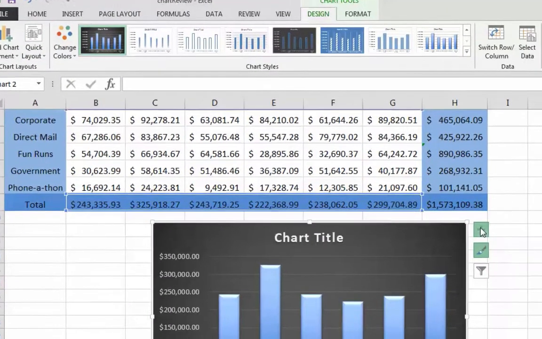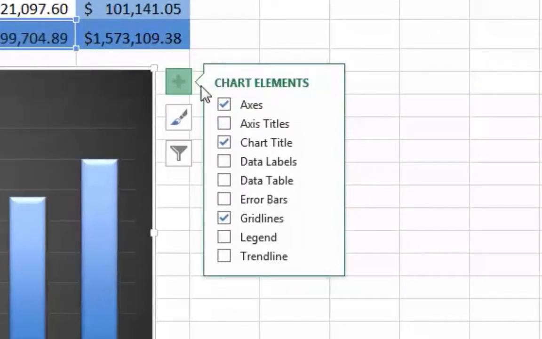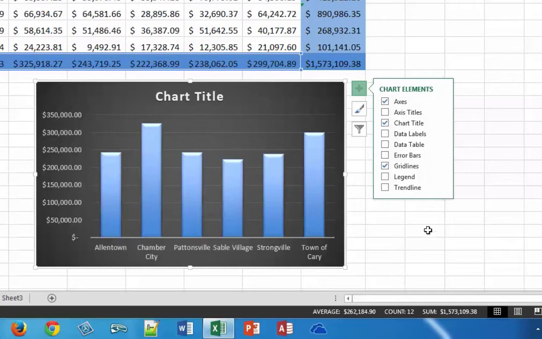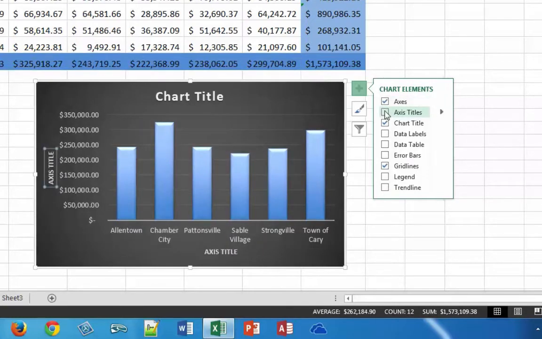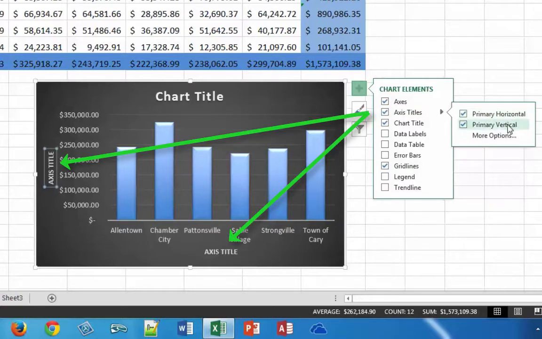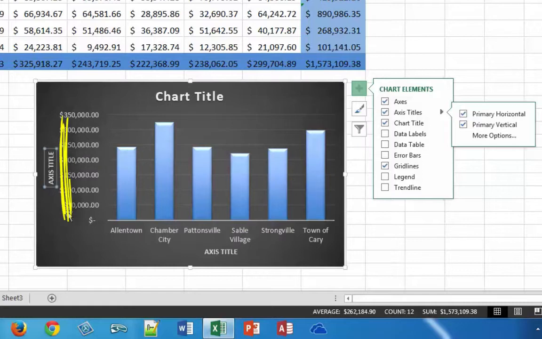Now, if we want to add things to the chart elements, these are called, and they have a little plus sign, and there's axes, which we already have the information on the axes. We also can put on axis titles. If I just click here for axis titles, and if you see a little arrow, they'll show you which ones they mean. There's a horizontal and vertical, and this is exactly how I like to put them. I like to do axis rotated like that, going up at an angle, and here's the horizontal down here, axis